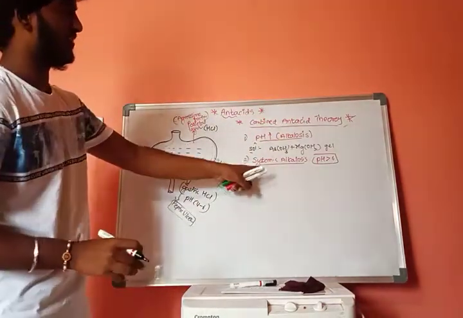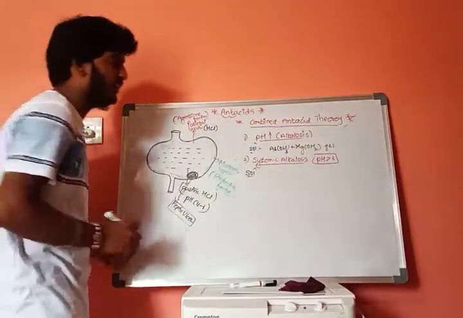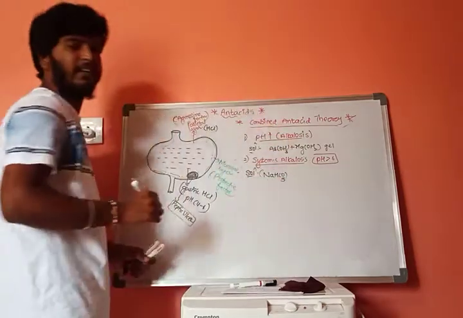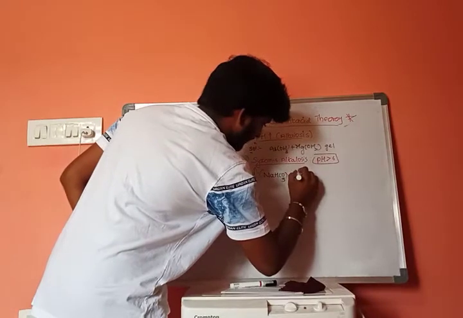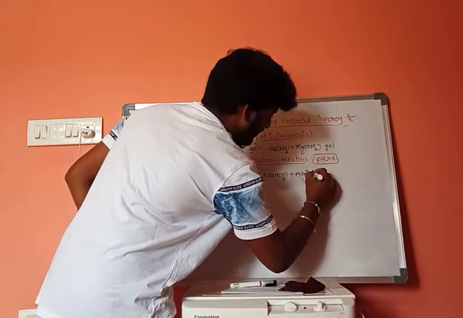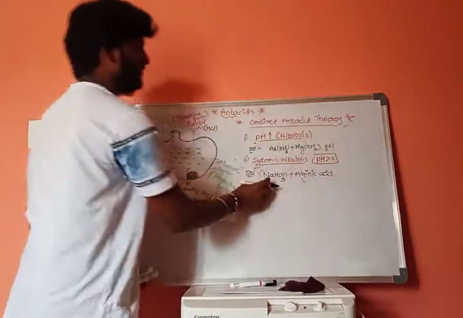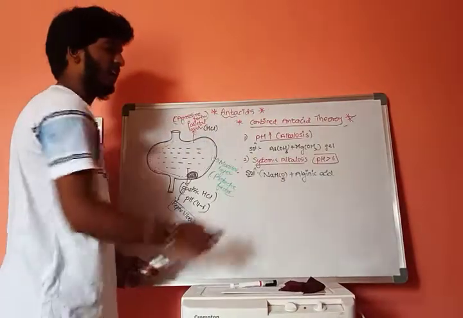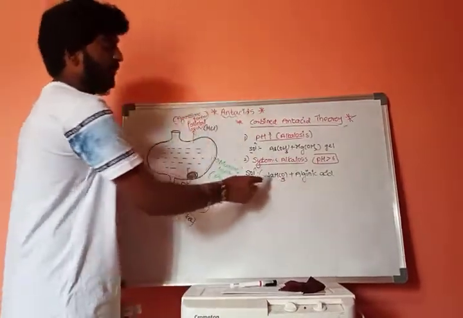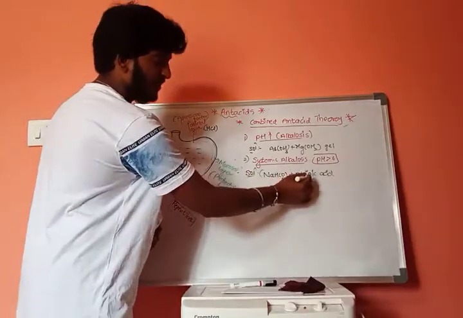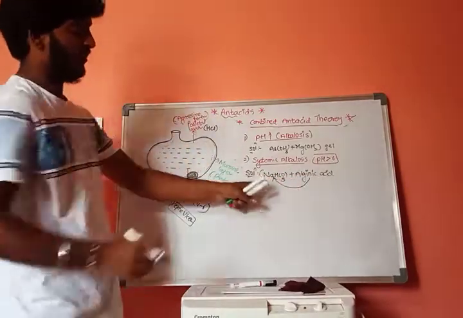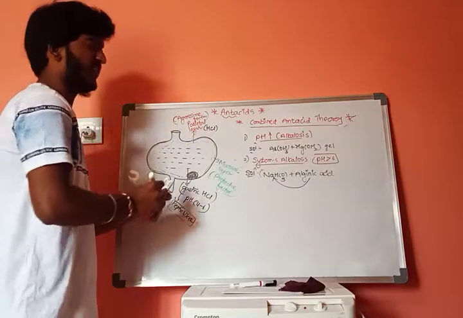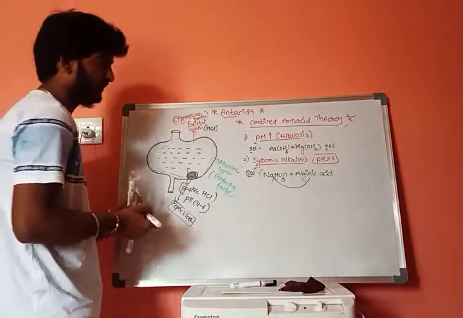As we discussed, this is systemic alkalosis. Now, the systemic antacid should be given, that is sodium bicarbonate along with alginic acid. This sodium bicarbonate plus alginic acid will be given to the person who is suffering from systemic alkalosis, so that this alginic acid will decrease the solubility of this sodium bicarbonate and will decrease the systemic alkalosis. This is the second problem.